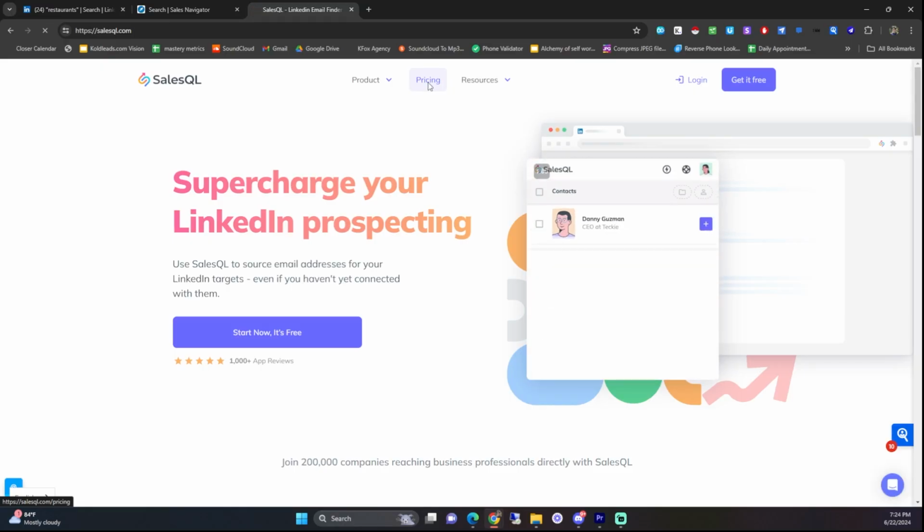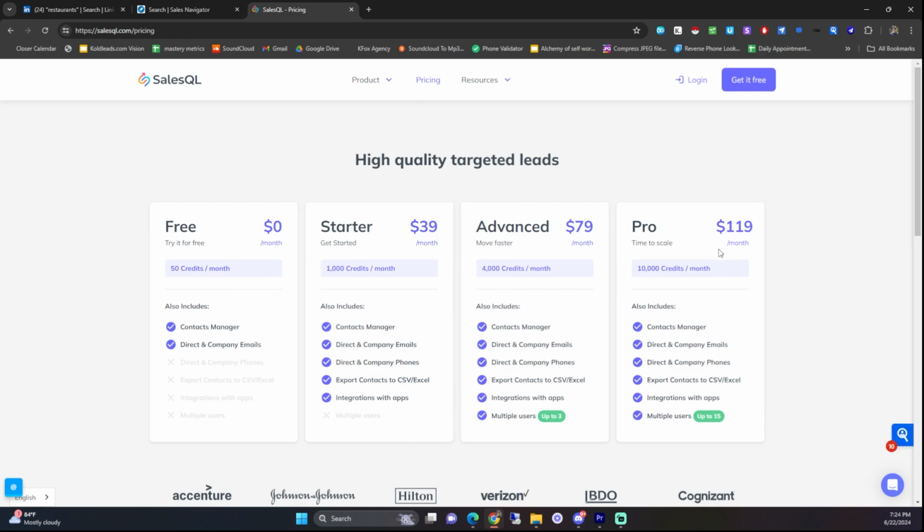Next tool I use is SalesQL. It's about $120 per month for 10,000 credits, so it's about 1.2 cents per credit. It has high quality emails and high quality phone numbers. The only problem is you can only scrape about 300 per day, even though you have 10,000 credits,